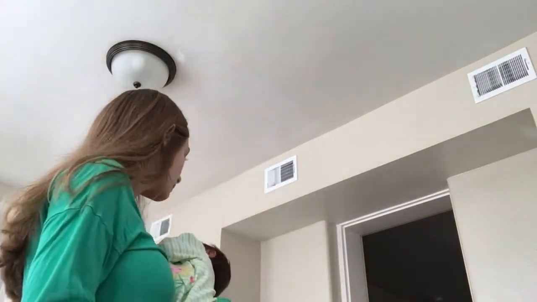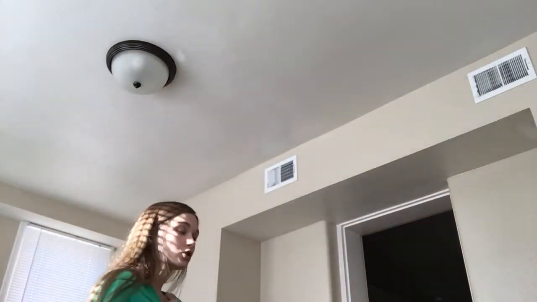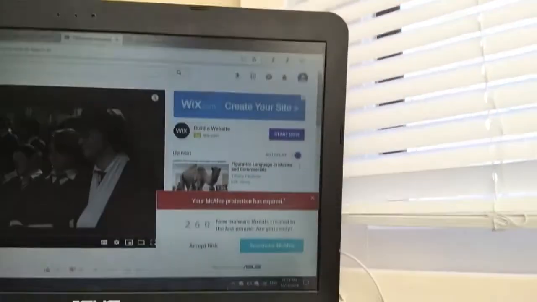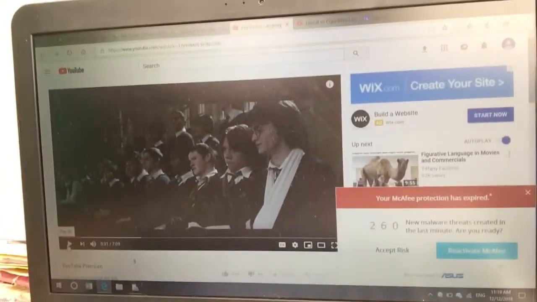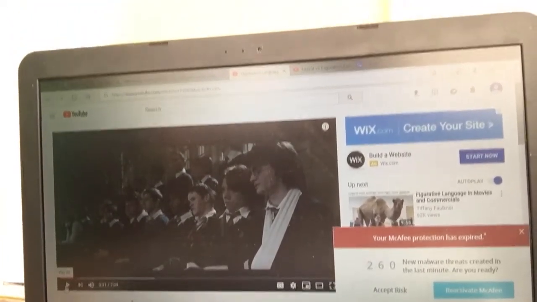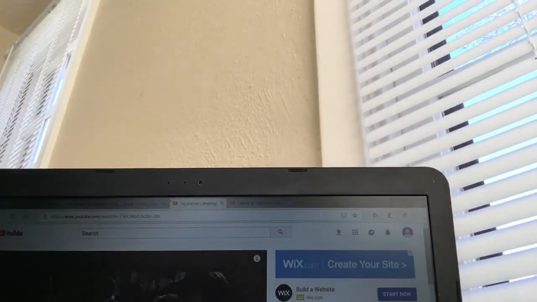So to start off the lesson, they would watch a video which shows figurative language within popular movies. They would watch just a couple clips because it is a 7-minute long video and that's kind of long. They would watch this, which shows different figurative language within movies, and a couple would be